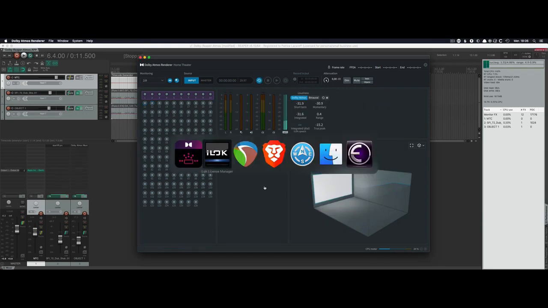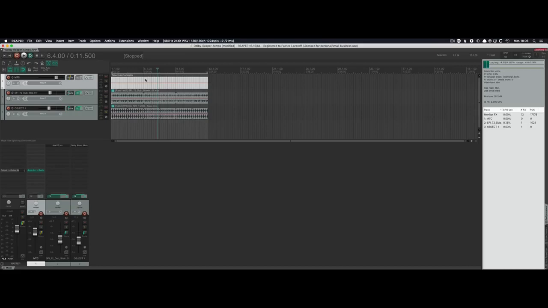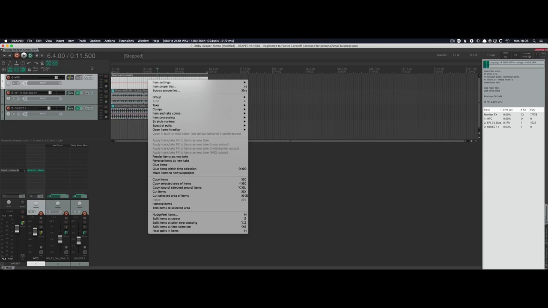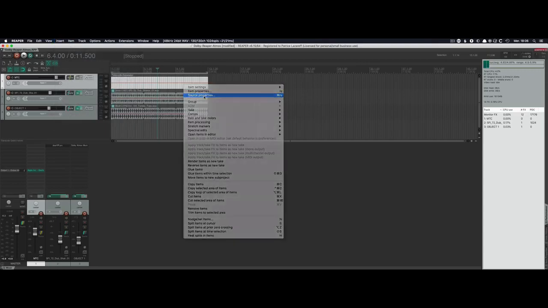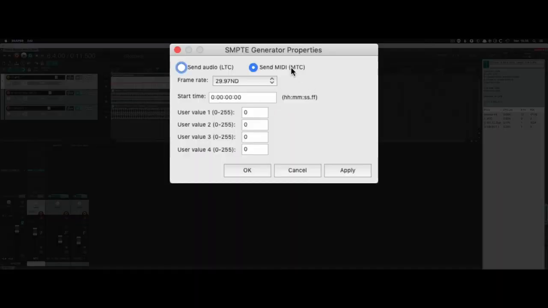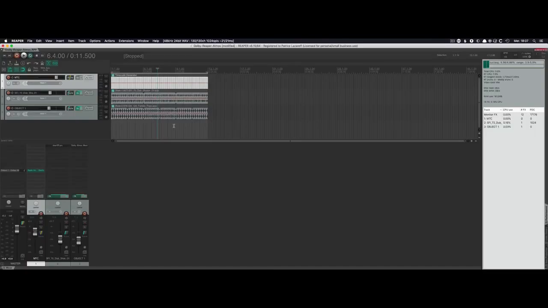And how to set this up in Reaper? I had created this timecode generator item. That's a simple track, insert timecode generator, and here if I right click on it, in source properties, I had set it to MIDI timecode, so now let's set it back to audio timecode. And then of course don't hit play, because if not you will have audio timecode quite loud in the speakers, and that's not very good. So we need to send it to channel